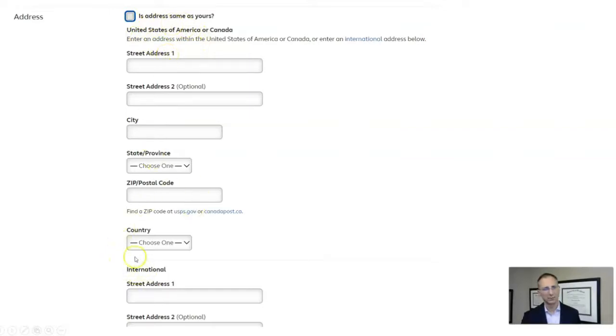And then down here at the bottom, we have a place for an international address. So let's say that you were in the State Department and you were serving overseas a lot of times, and you had some really close friends overseas that you'd like to leave some of your TSP to. You would use the address section here for the international addresses down here. Okay.